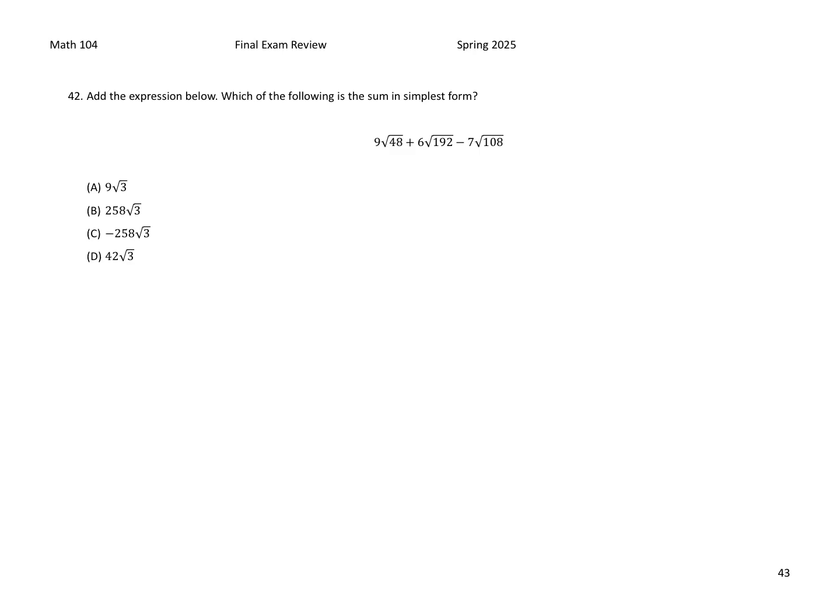I need a perfect square factor for 48. 16. 16 goes into 48 because 48 is 16 times 3. So this is going to be 9 times the square root of 16 times 3 plus 6 times the square root